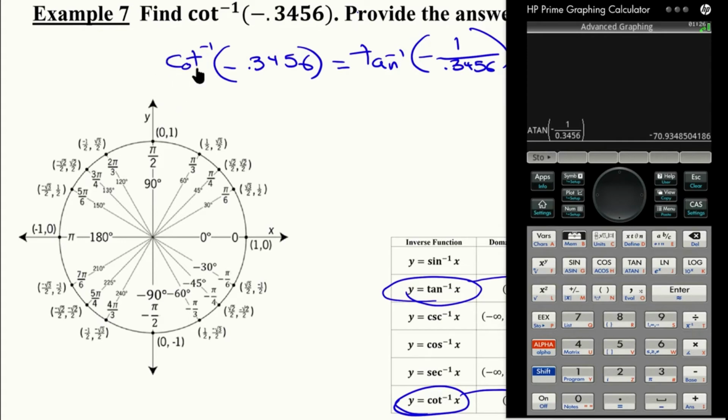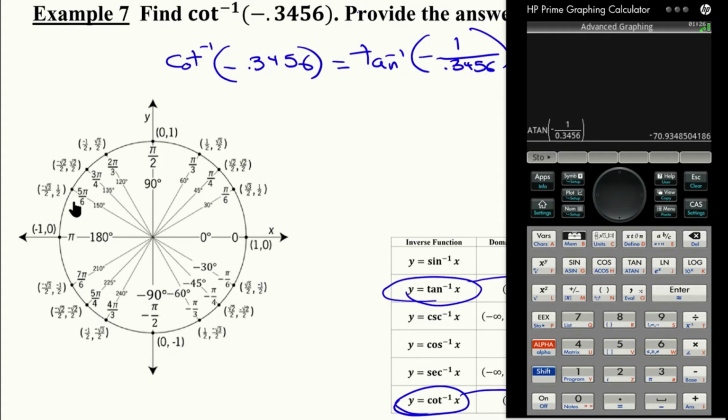Because remember, after all, when you're looking for the inverse cotangent of a negative number, that means you're looking for an angle whose cotangent is that negative number. And of course, that angle is going to have to be in here because that's where cotangent is negative,